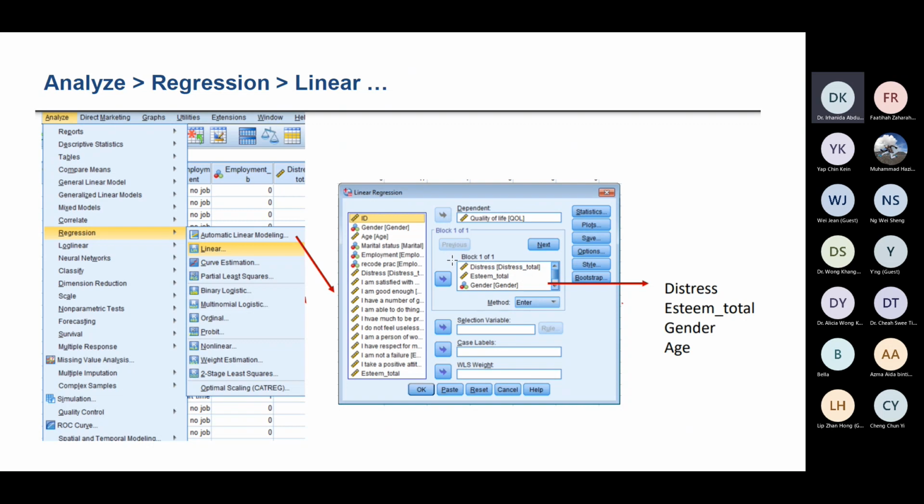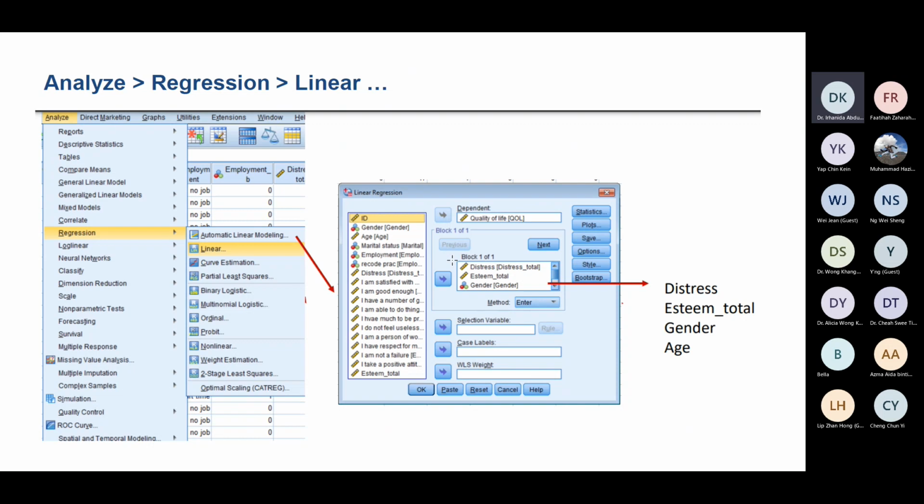So it will appear like this. Choose the dependent variable. This is where you need to understand whether your variable is dependent or independent, because when you start your analysis, under all these boxes, they will ask you to choose what is your dependent and what is your independent. So here our dependent is quality of life.